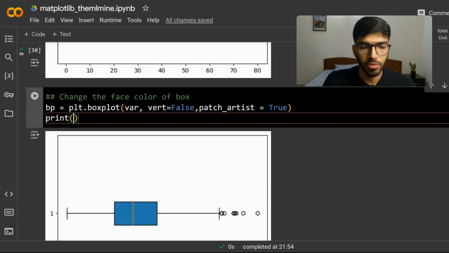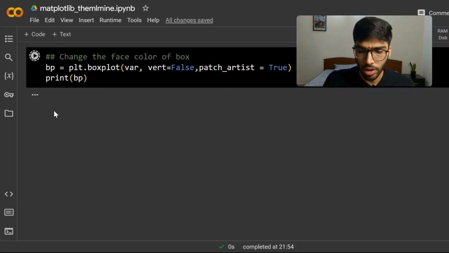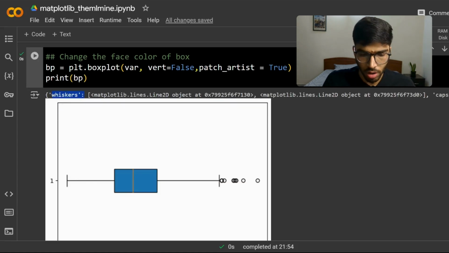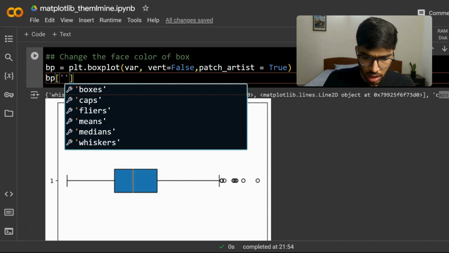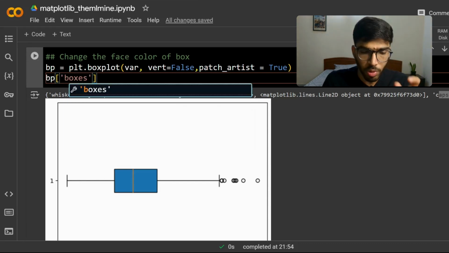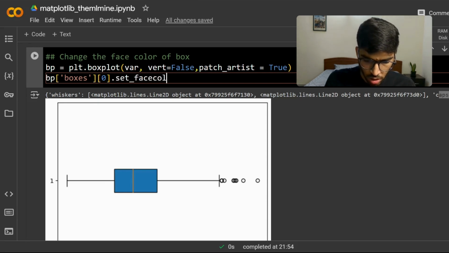So it's actually a dictionary which contains different keys for whiskers, for caps, for boxes, and so on. But I will only be needing the boxes part because I need to fill that part. So I'll just take boxes, and I'll have to take the first component of it because there are different components involved in this particular dictionary. So I just take the first component, and then on the first component I say set face color as orange,